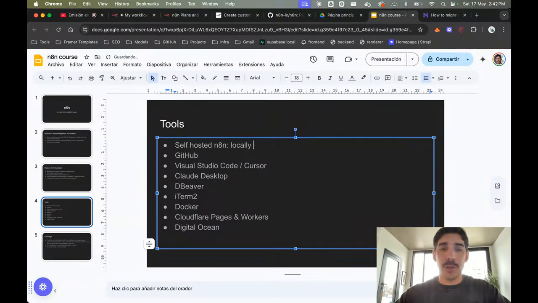Otherwise, when we move to production, we should probably use DigitalOcean. I don't know if we're going to have other choices. We could investigate, but I have been using this in the website that I have been migrating.